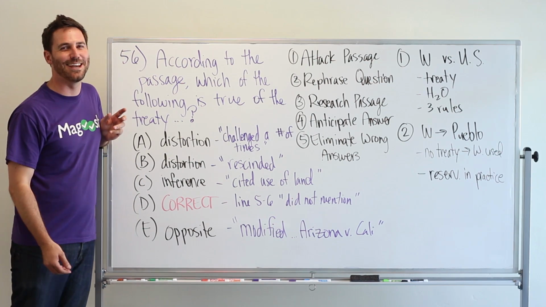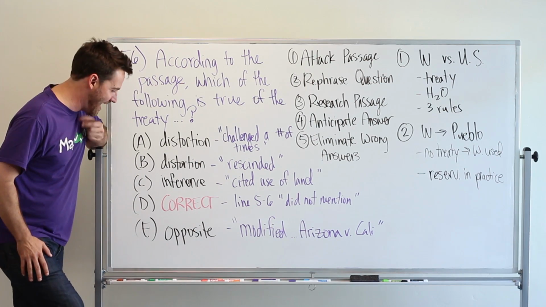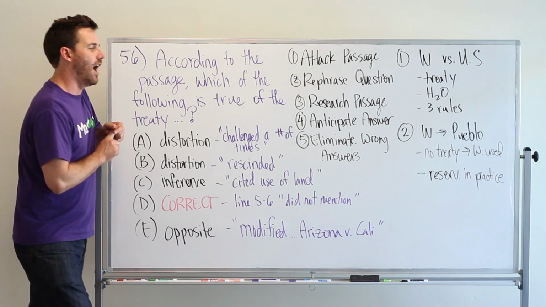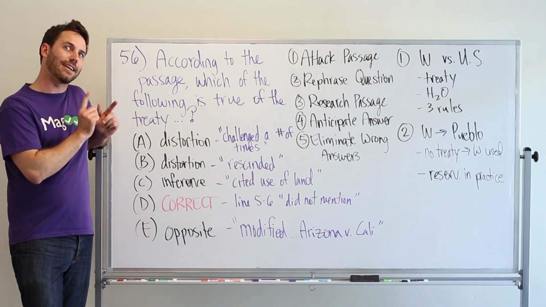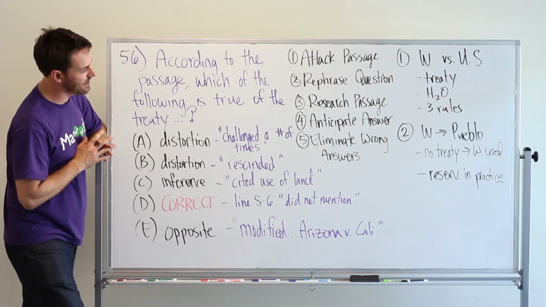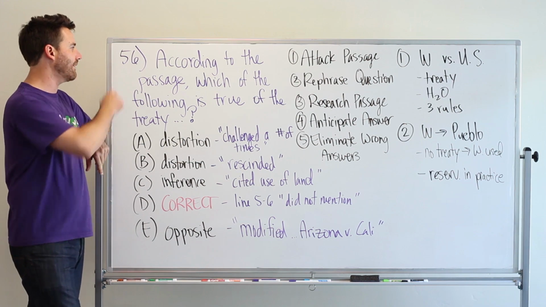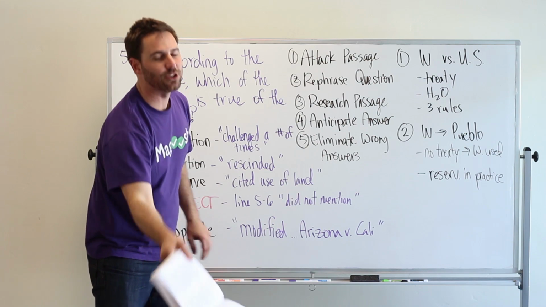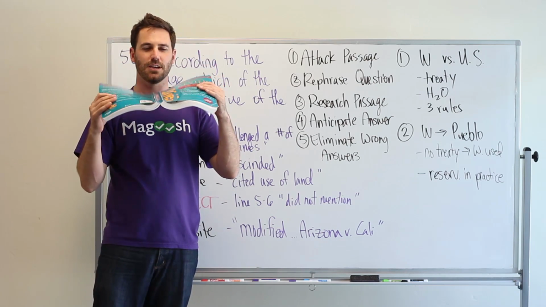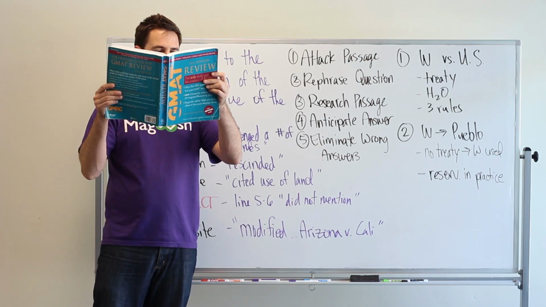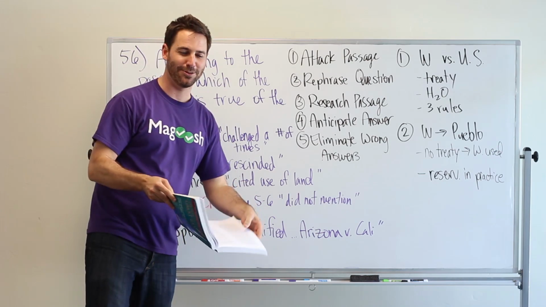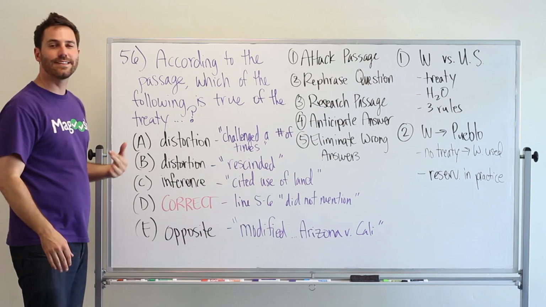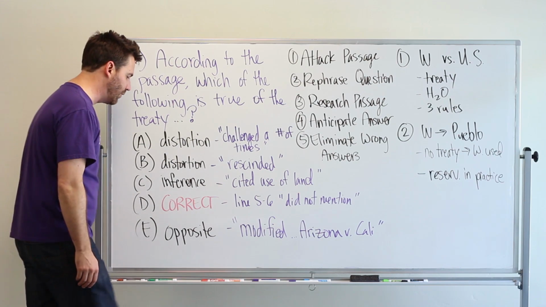Welcome to GMAT Tuesdays. My name is Kevin, and it's Tuesday. We're following up on a previous video where we were actively reading and staying out of the details. We read the passage associated with number 56 in the official guide to the GMAT, this green one, on page 390 if you're following along. So what I'd like to do is just dive into this question and how to solve it.